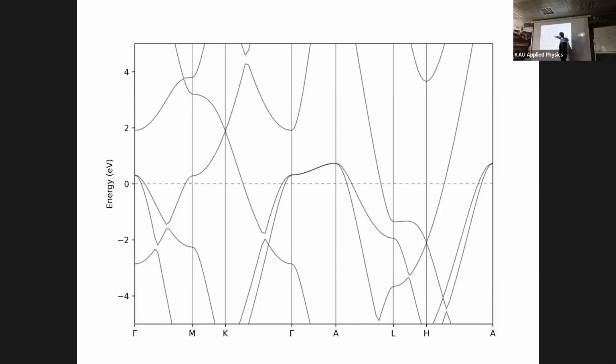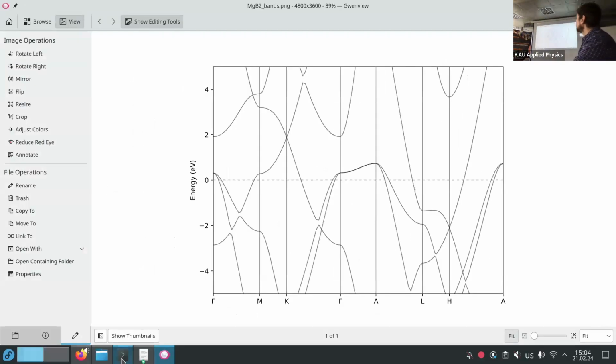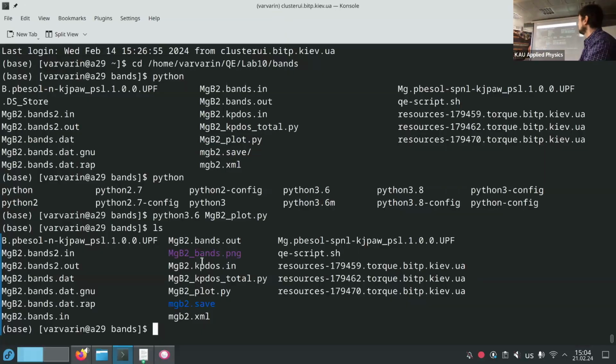Yeah. It means that in our Fermi surface we'll see some cylinder, which will be not so wide here and wider here in A. And now we can place our DOS on this band structure. It's the last part of today's calculation. You can also proceed to it. You can open that file.